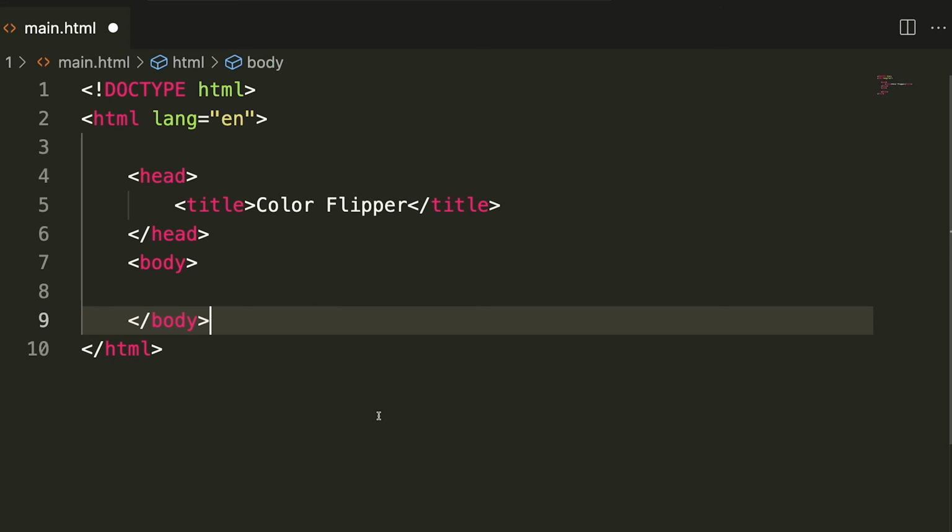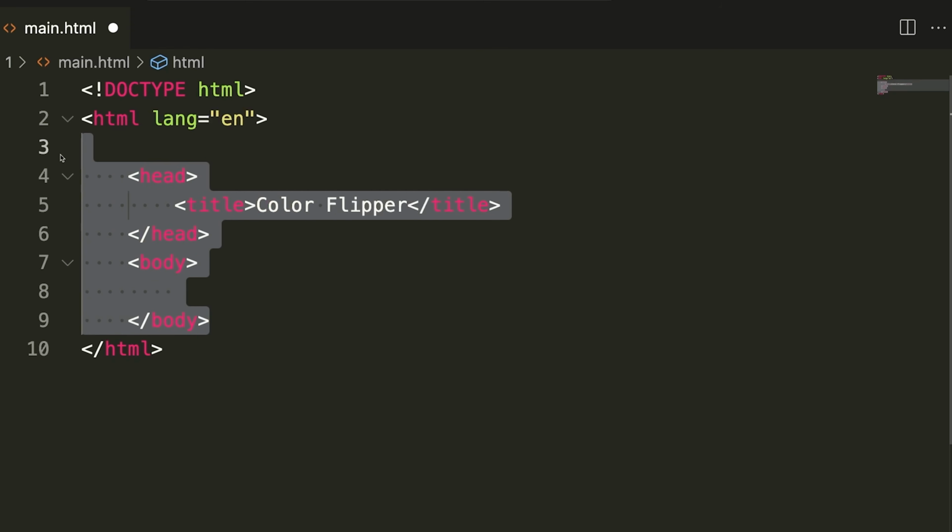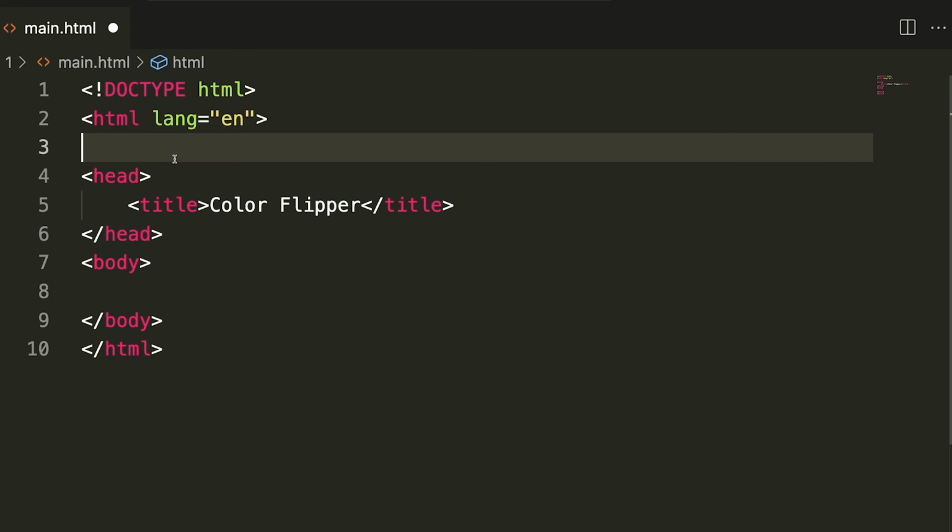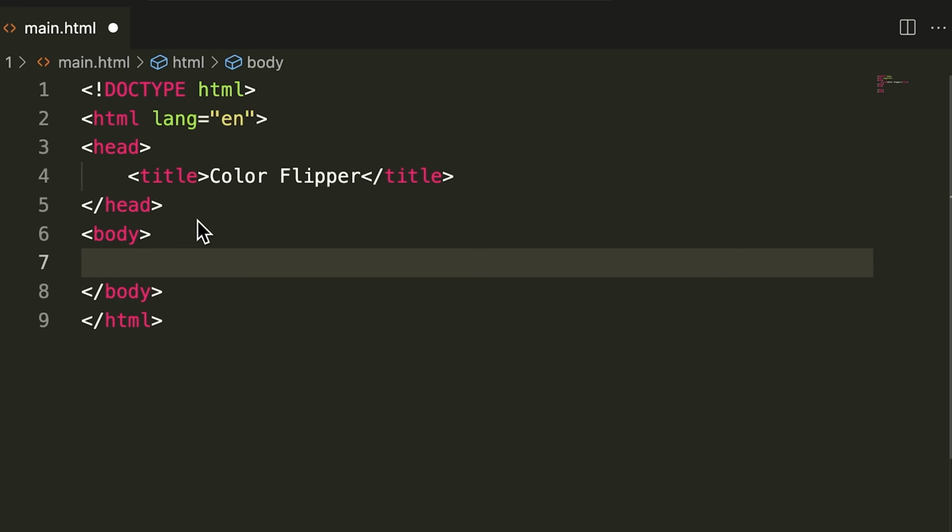I know I'm spending a bit of time on this, but I just want to make sure none of you get led astray right at the beginning. So it should look exactly how I have it here. The white spaces don't matter. You just want to make sure it looks just like this. Okay,